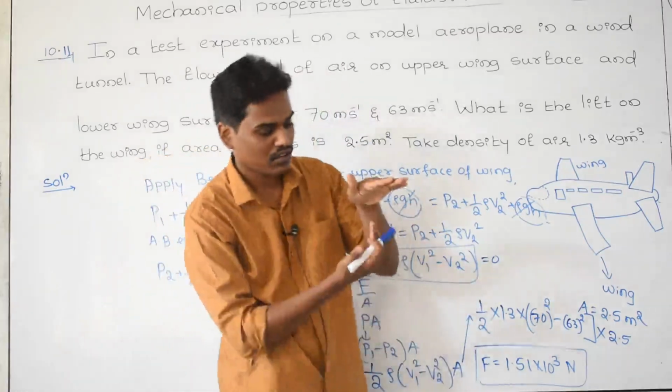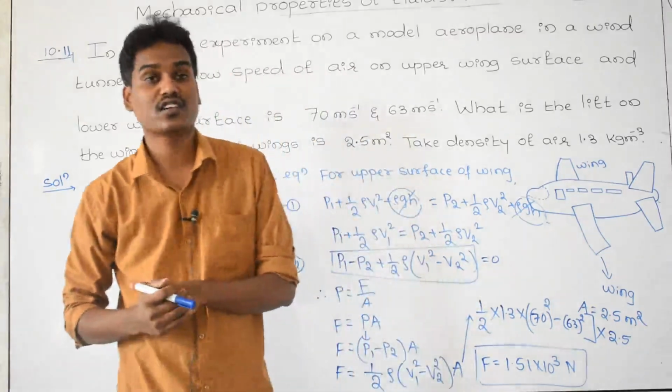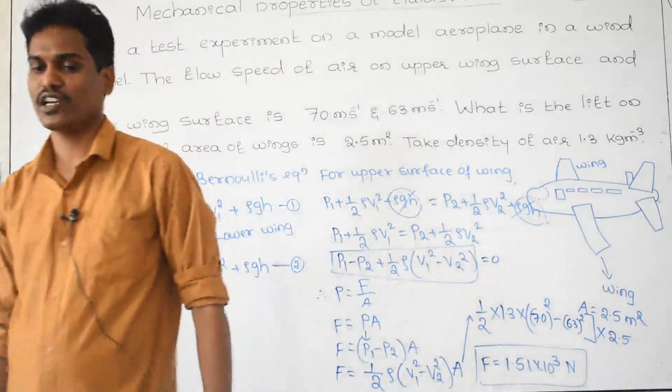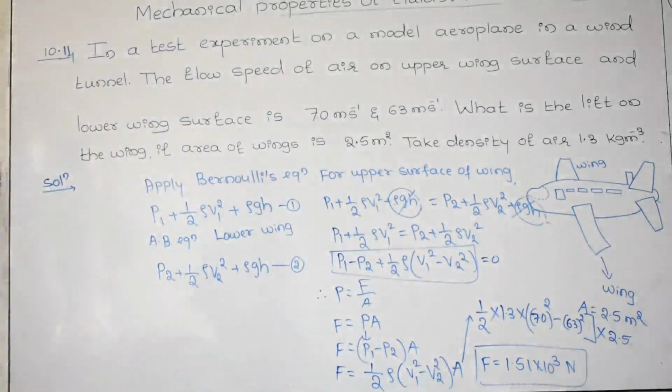We get the upward lift or thrust on the wing as 1.51 into 10 to the power of 3 Newton, and please note down